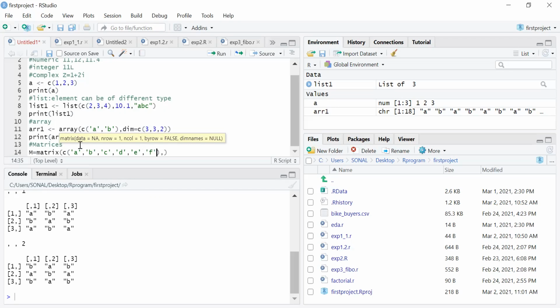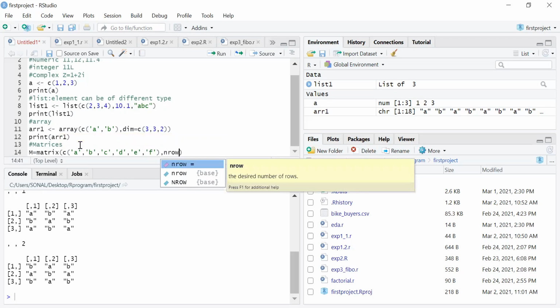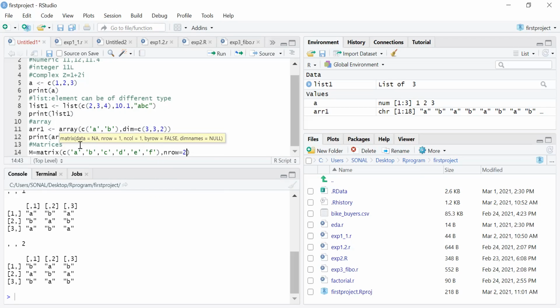What I want to do is arrange them row wise. So nrow equals 2, taking 2 rows, and ncol equals 3, so it will have 3 columns.